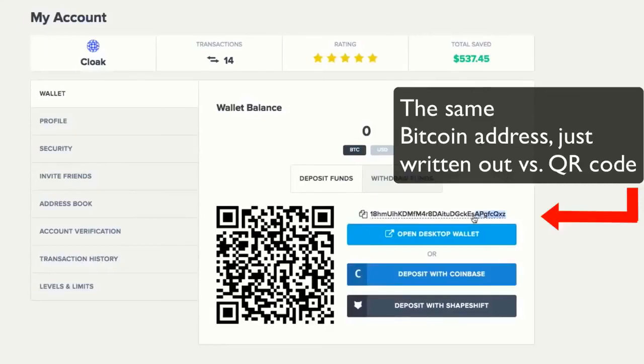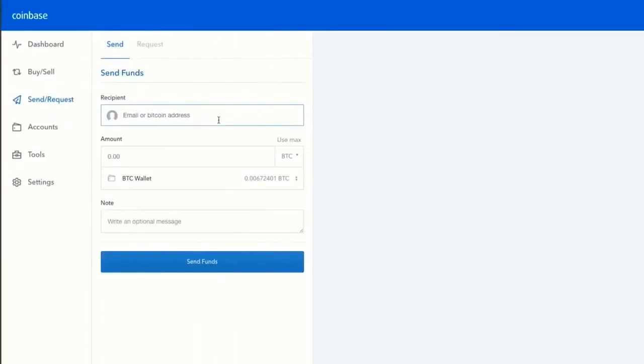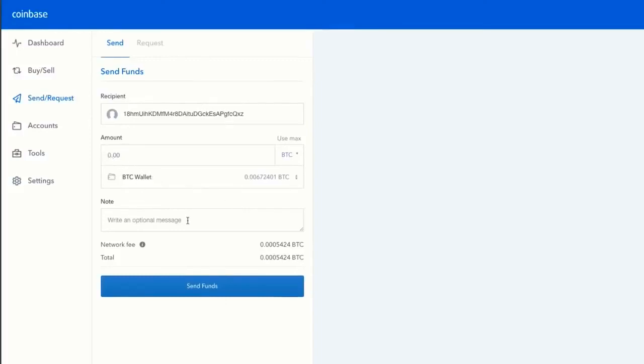So you can either just copy these letters. This is the Bitcoin address. Think of this as like the phone number or the email. All I have to do is just copy that, paste it right here into recipient, choose the amount of Bitcoin or the dollar equivalent that I'd like to send, and then it's ready to send off. Pretty simple. So in this case, I just might type in $5, write a little message to someone,